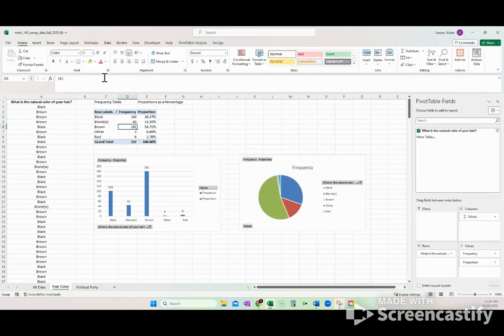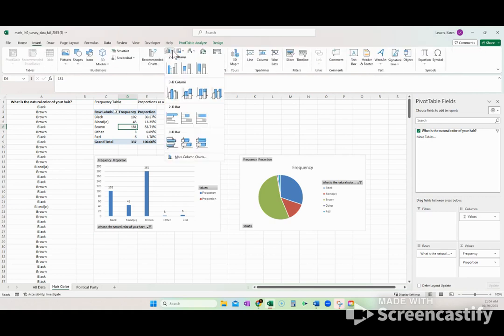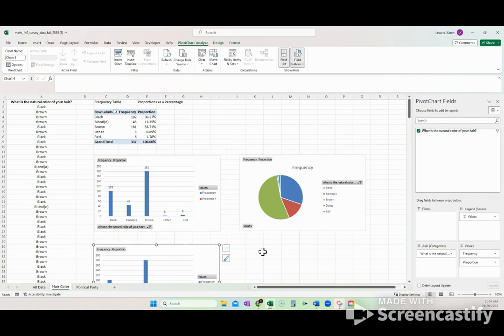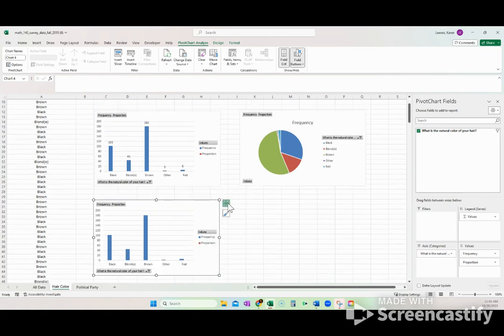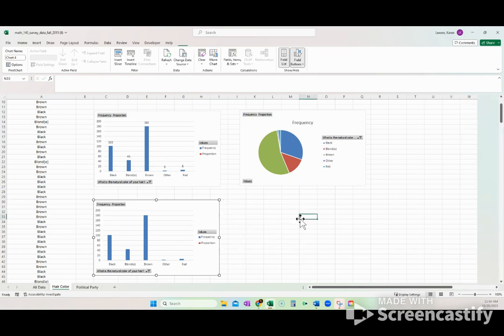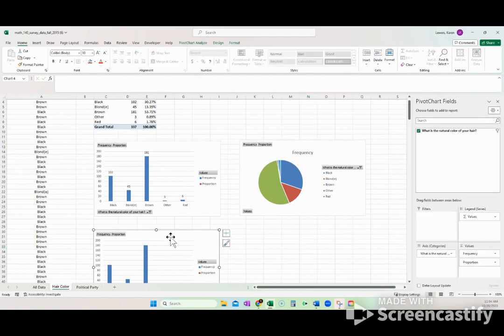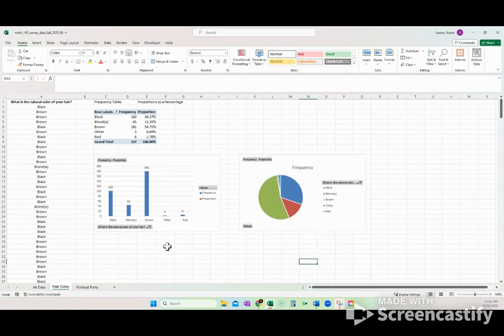So click in the table, then do insert bar chart. Actually, I would have to change the table, so I'm not going to do that. Let's delete that. So we're just going to do counts on the bar chart,